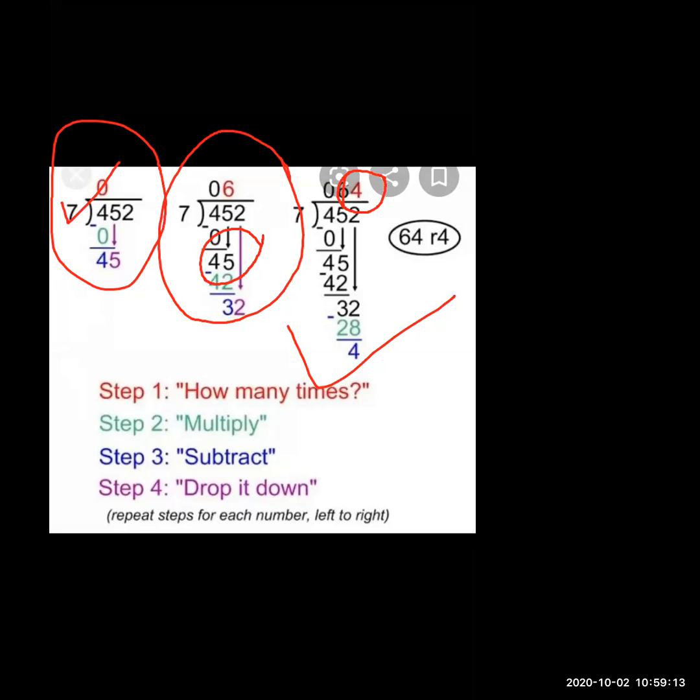Yes. Now, student, 32 minus 28. What is the answer? No. 32 minus 28, how will you do it? Tell me. 2 minus 8 is not possible. So you want to take 1 from the 3. Yes or no? You want to take 1 from the tens column, that means from 3. So 12 minus 8 is 4.